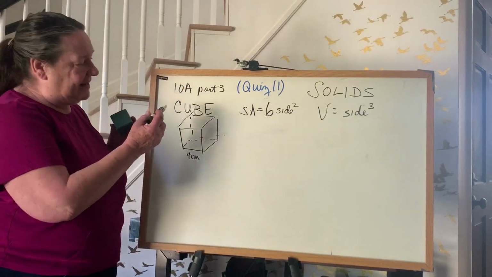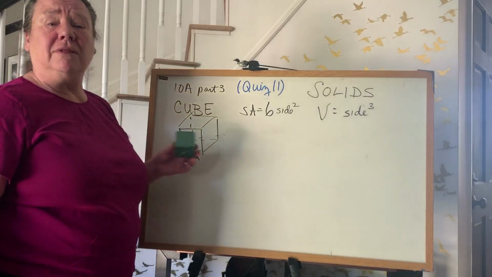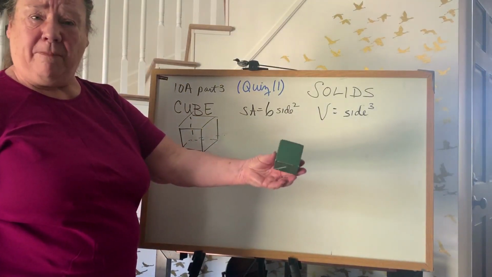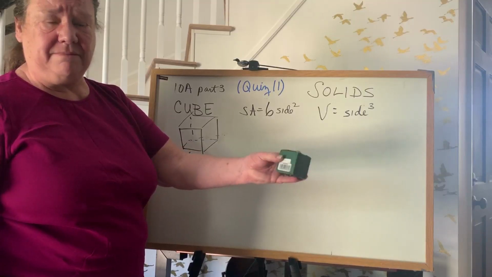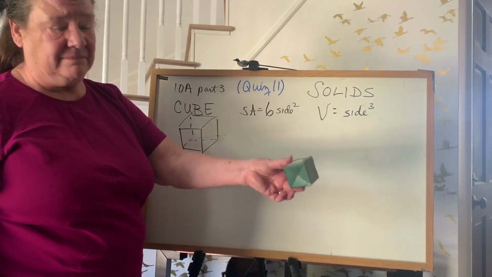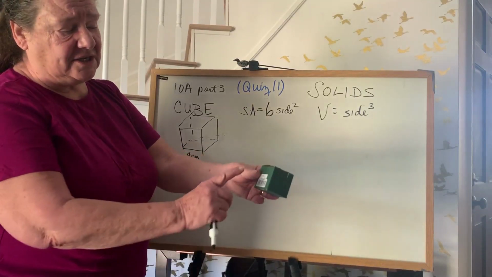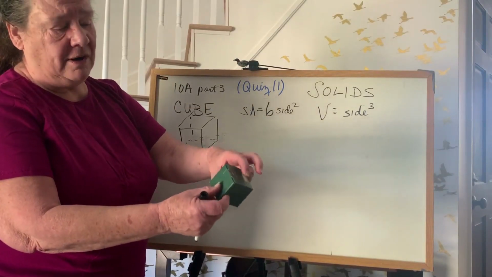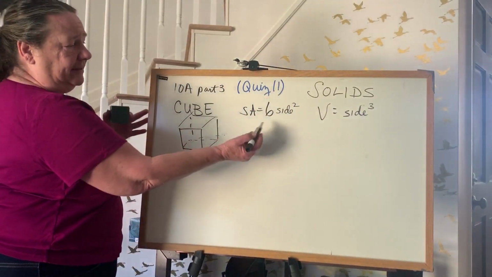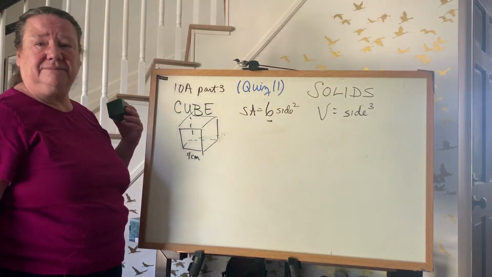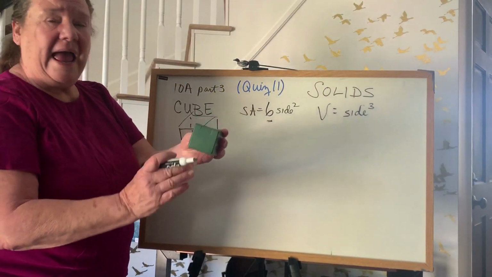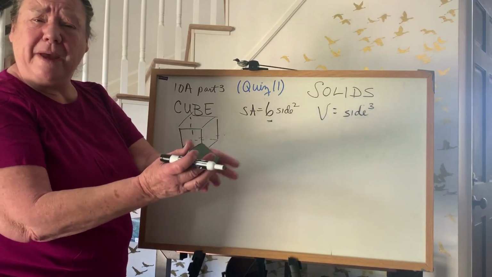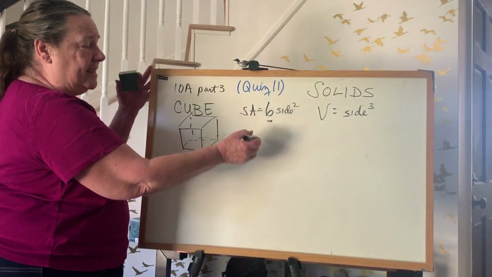Okay. But now we're going to talk about a cube. You know, like our dice or this small box. Okay. You can see that all the sides are the same. Top, bottom, they're all the same. And there's 6 of them. 1, 2, 3, 4, 5, 6. Look at this. 6, okay? The surface area, if I wanted to wrap this and not overlap any of my new paper, I would say